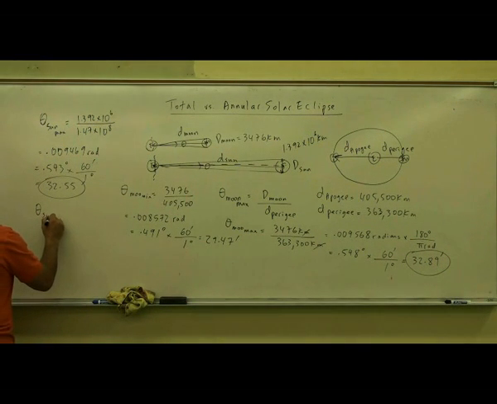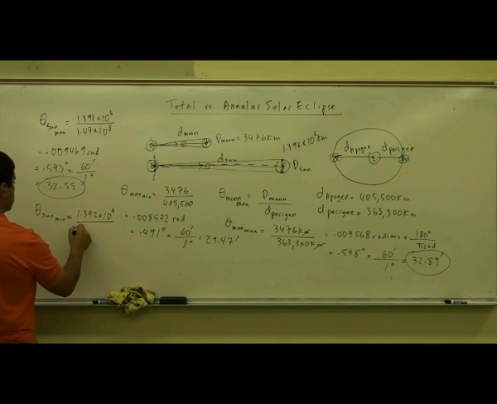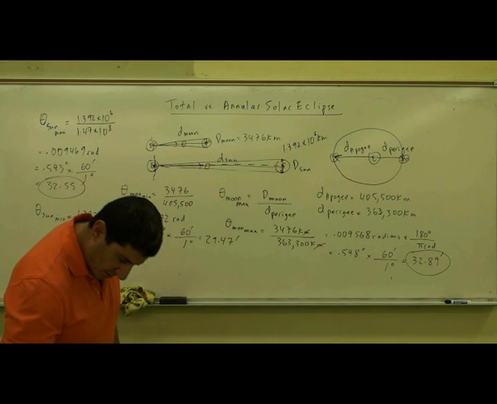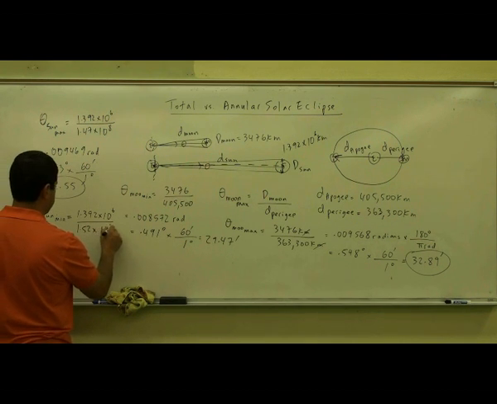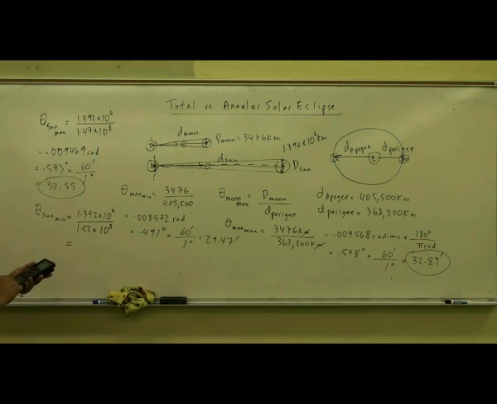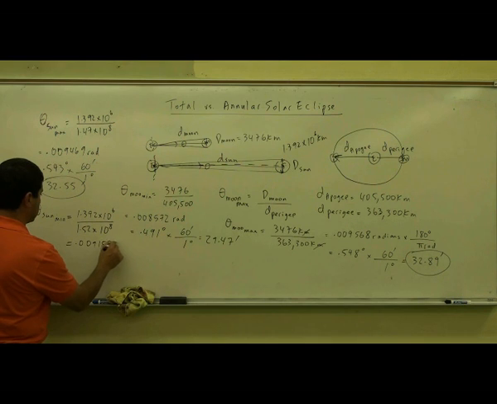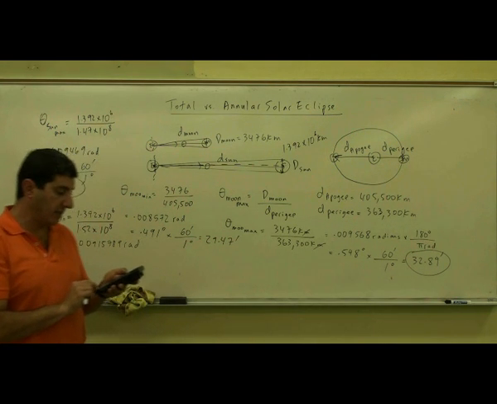The minimum that the sun can appear is going to be the diameter of the sun divided by the farthest that the sun can be, which is the aphelion, which was 1.52 times 10 to the 8th. And that one is 1.392 divided by 1.52 divided by 100, 0.00915789 radians divided by pi multiplied by 180,